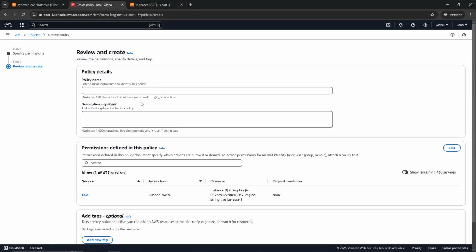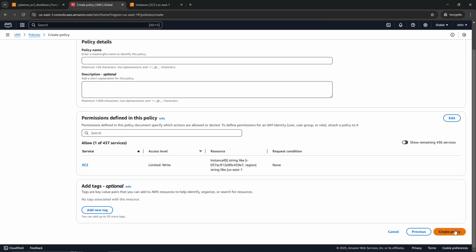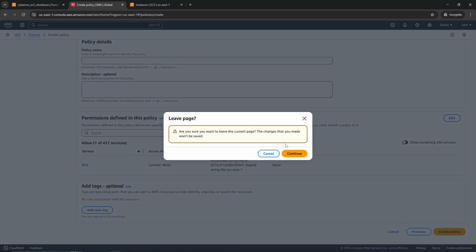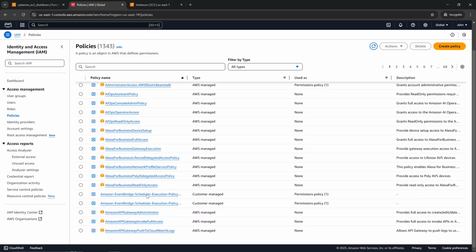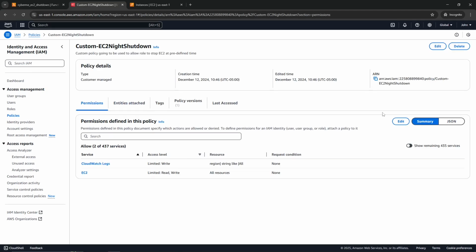And then once you're on the next screen, go ahead, do policy name, enter a description if you would like. And that is pretty much it at this point. And then go ahead and create policy. So just to highlight, if we go back to the one that's already in use, if we go over to